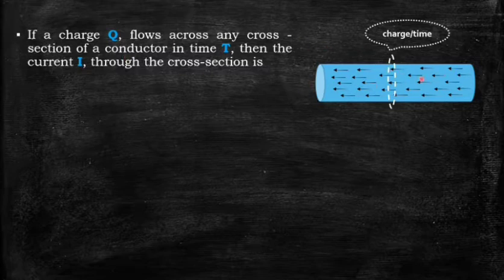These are the charges Q which are flowing through the cross section of this conductor. This white dotted oval is nothing but a cross section of that conductor. In this particular time, it might be a millisecond or a microsecond, these charges are passing through it. Then at this particular time through this cross section, the current is defined as